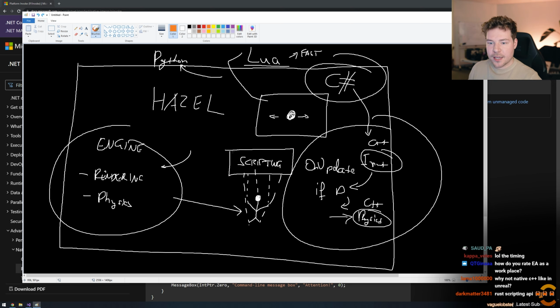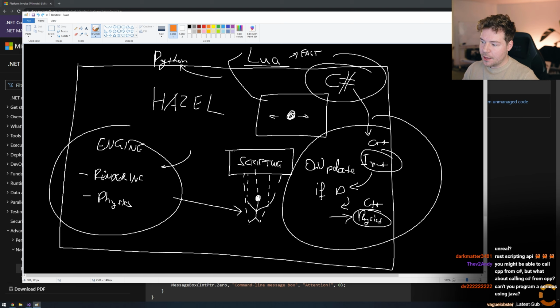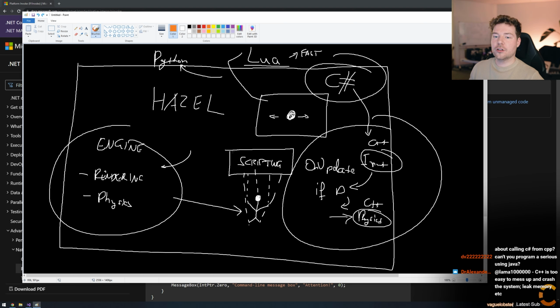That's why we're using Mono at this stage: the actual C# runtime is something that should ultimately be hosted and controlled by Hazel.